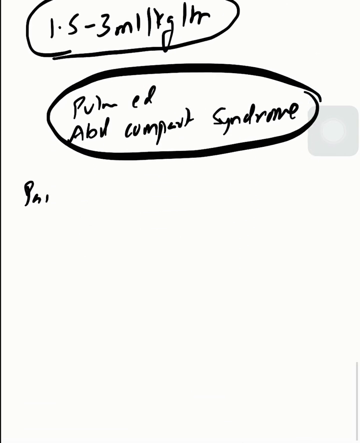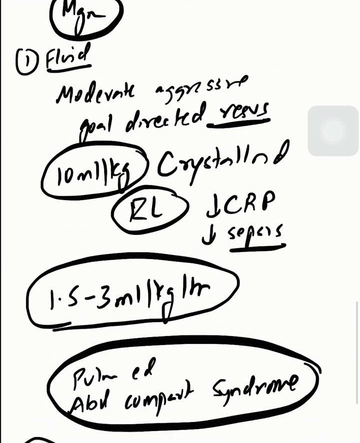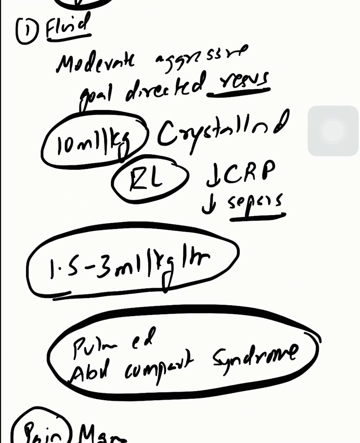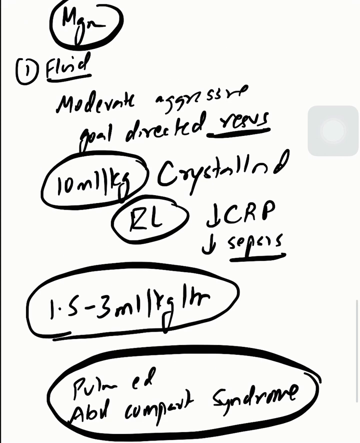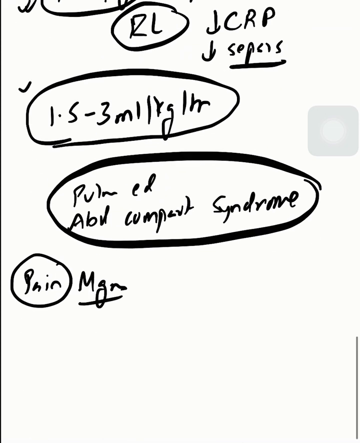Next thing is pain management. First of all, that was our fluid, and for fluid we use the WATERFALL study. We compared moderately aggressive fluid to aggressive fluid management, in which we use a 10 ml per kg bolus, and after that 1.5 to 3 ml per kg per hour of continuous fluid. And for pain management,